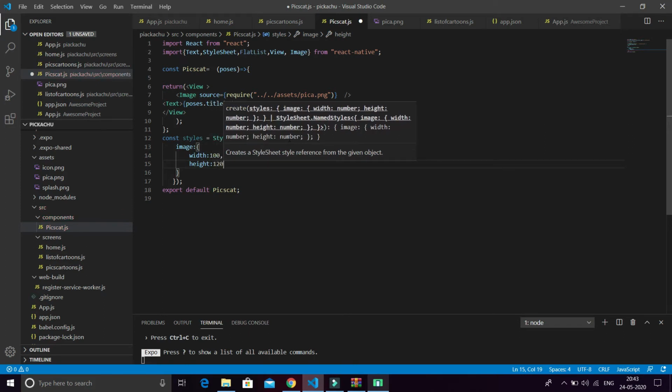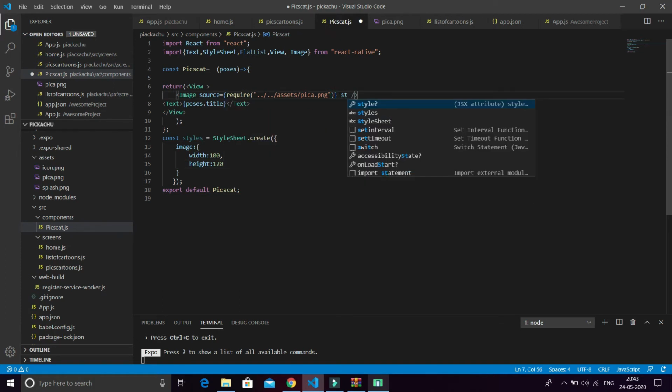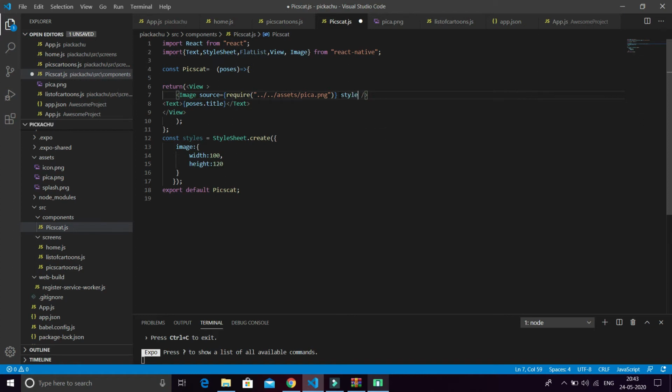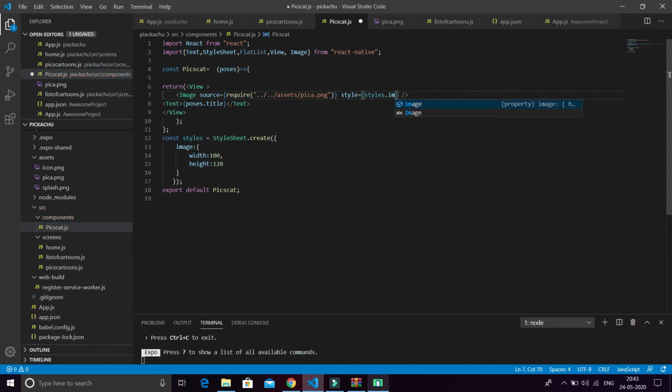And we have to call this style here, so I call style equals to styles dot image, so just image, and Ctrl S.